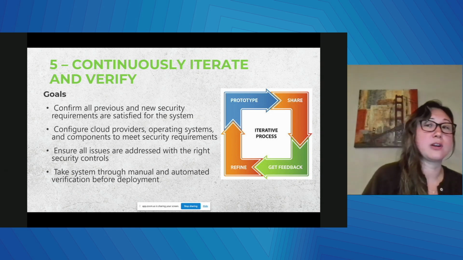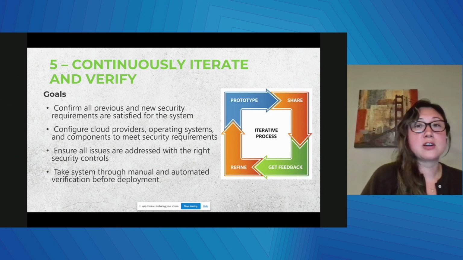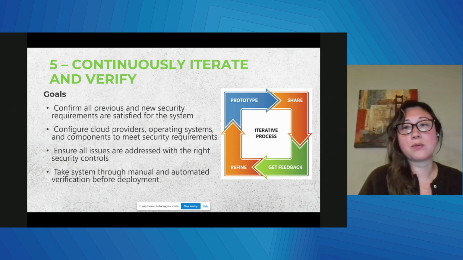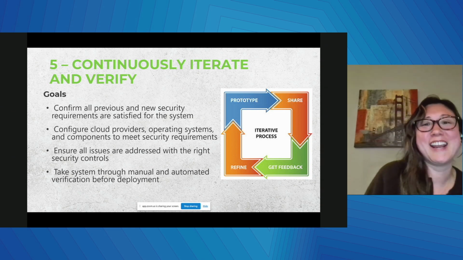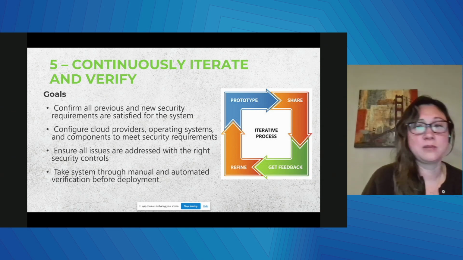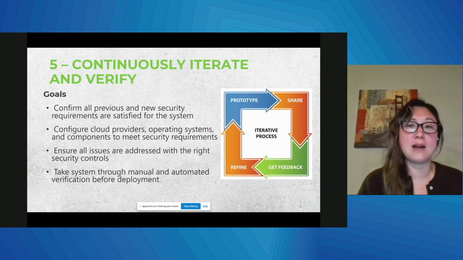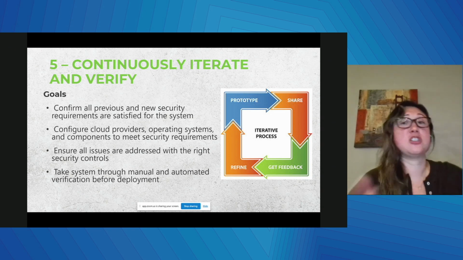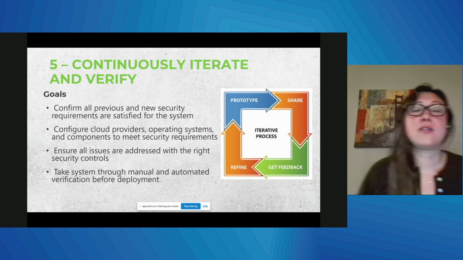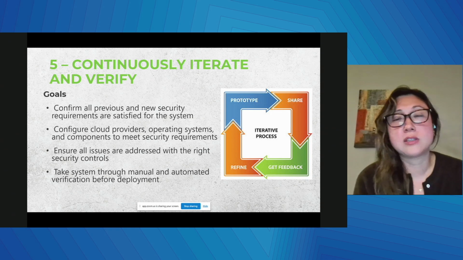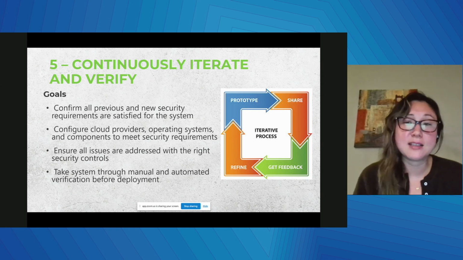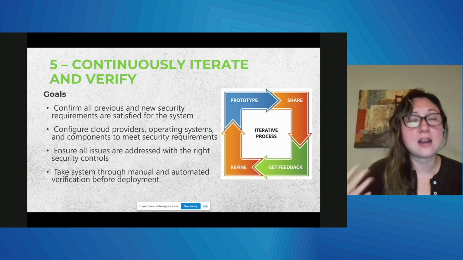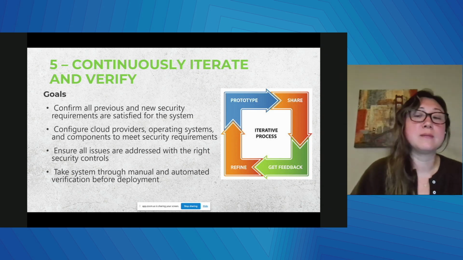What I've done and what I've learned from doing these with a lot of engineers is if we actually take these threat models and check them into some of the repos that they're actually working out of, they won't forget about them. And a lot of times, if you use tools that they have access to, for example, Draw.io, where you have a lot of your diagrams already saved in there, you can check that into GitHub as well. So there's lots of ways that folks can integrate this into their processes to make sure that folks in the dev teams are continuously iterating and verifying and updating those threat models, because it's really important.